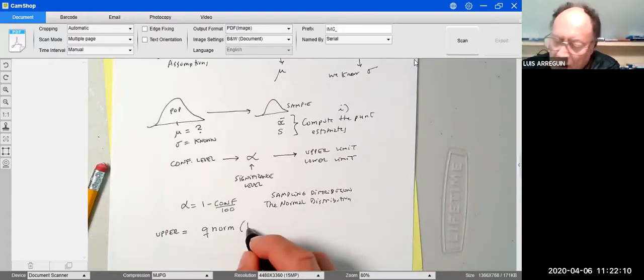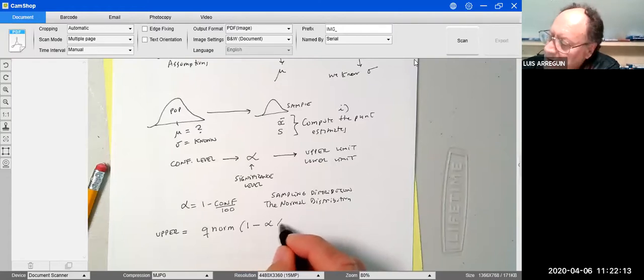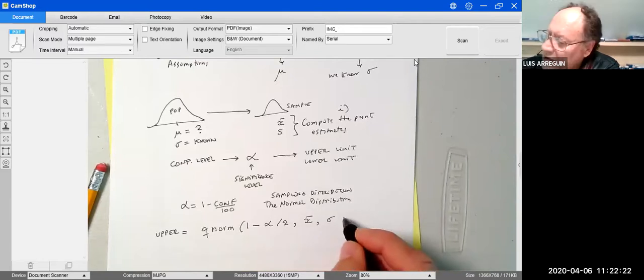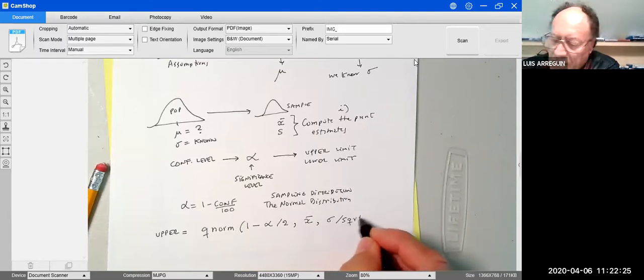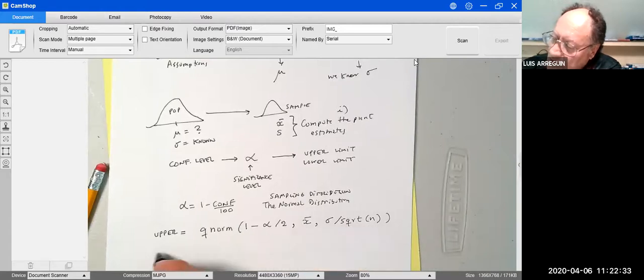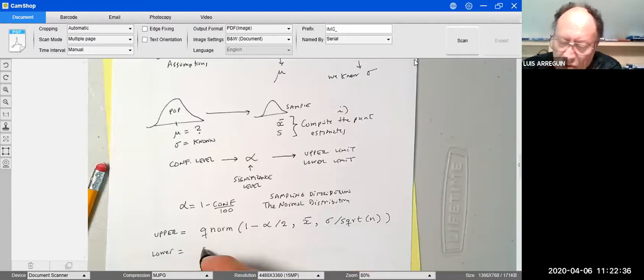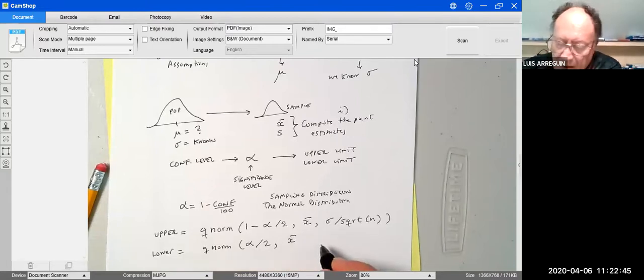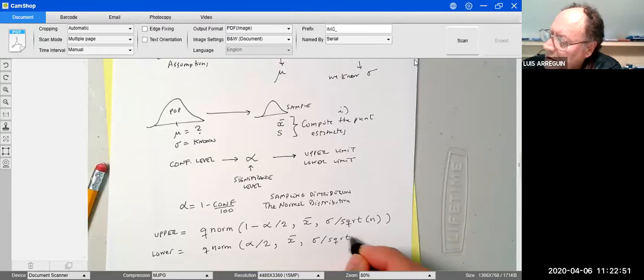You're going to enter 1 minus the value for alpha divided by 2, comma, you're going to enter the mean that you computed, the mean of the sample. Then you're going to enter the standard deviation of the population that is known divided by the square root of the sample size. Remember, that's the way that we computed the standard deviation of the sampling distribution. This is the mean of the sampling distribution. The lower limit is going to be just qnorm of alpha over 2, comma, we enter the mean of the sample and then the standard deviation divided by the square root of the sample size,